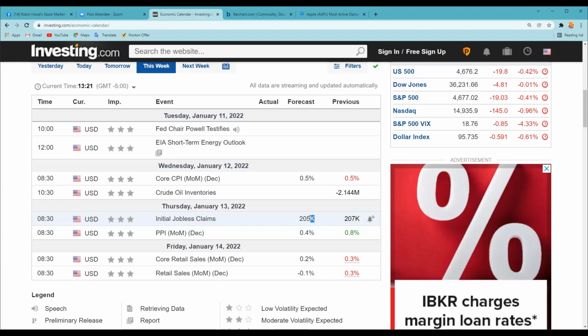I have a feeling it could bounce back down, but then again, a lot of those seasonal jobs are probably done and over with. So there's a possibility it could keep going up too, especially with the winter storm that we have. I don't know how that may affect people's jobs and whatnot, but